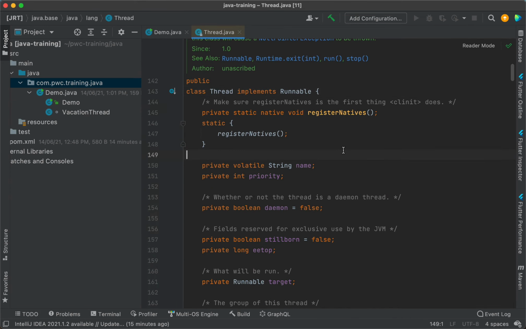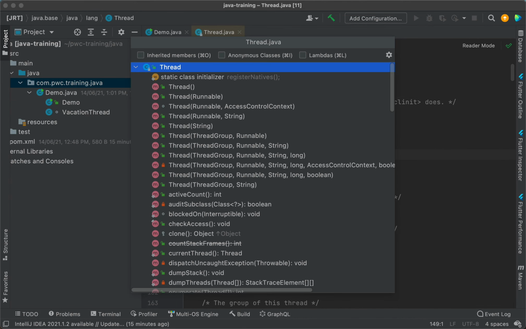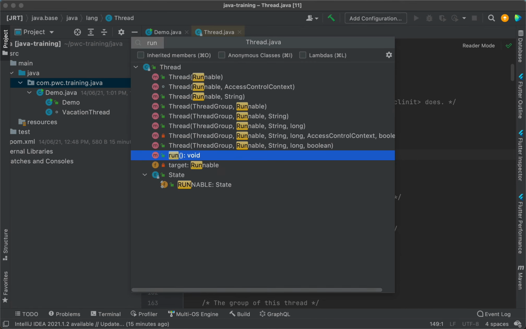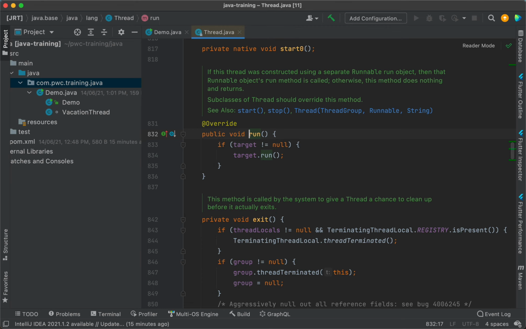Cool. And then here when I say Command O, on your machines it will be Control O, you will find that there is a method called run. Can you see this? There is a method called run. It is this run method that gets executed when you start a thread, not my words. You never run a thread. You will start a thread and the run function will be executed by your JVM.